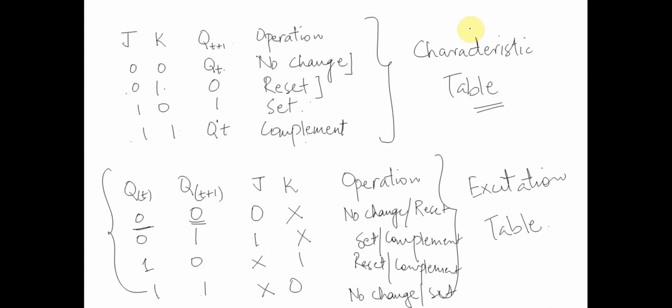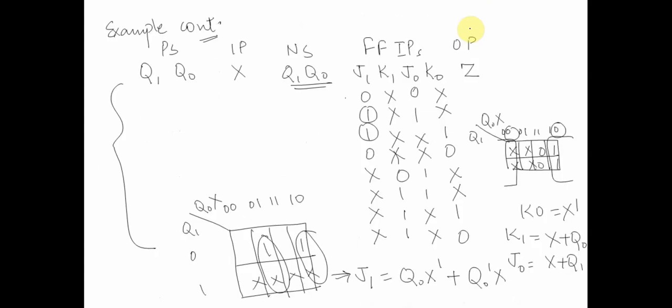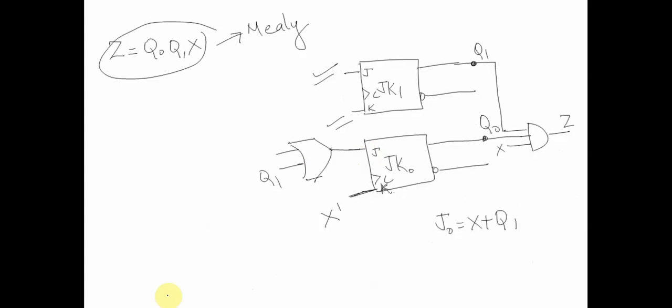But one of the advantages of using a J and K flip-flop to build a combinational circuit is that in the excitation table of J and K, there are a lot of don't cares. Since there are a lot of don't cares, the combinational circuit which we get at the end is a reduced one, correct? So basically, if we have to decide JK versus D flip-flops, which should we use if we have to build or design a